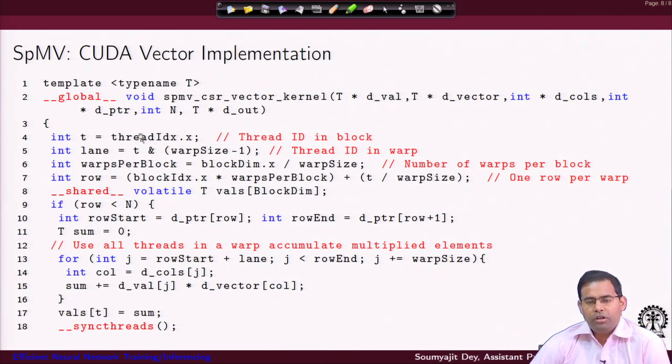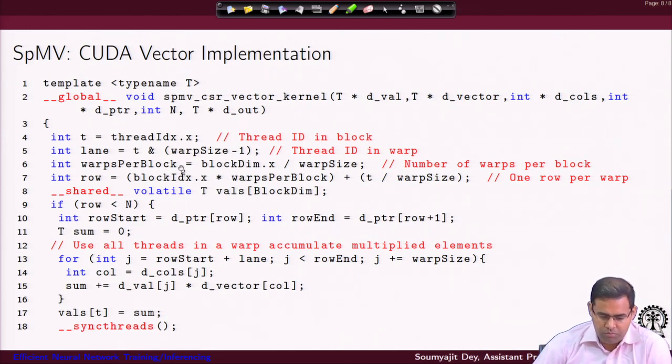So, it is basically a modulo 32 operation I would say, right. Now, the next thing I figure out is how many warps do I have inside a block. So, I know my block dimension, I am considering one dimensional blocks, right, and then I just divide the block dimension by the warp size. So, that gives me how many warps I have inside one thread block. Why am I really computing this? Because I want each of the warps to do the reduction for one data point, right. So, for each block I figure out how many warps there are per block, and I am going to use this later on, we will see.